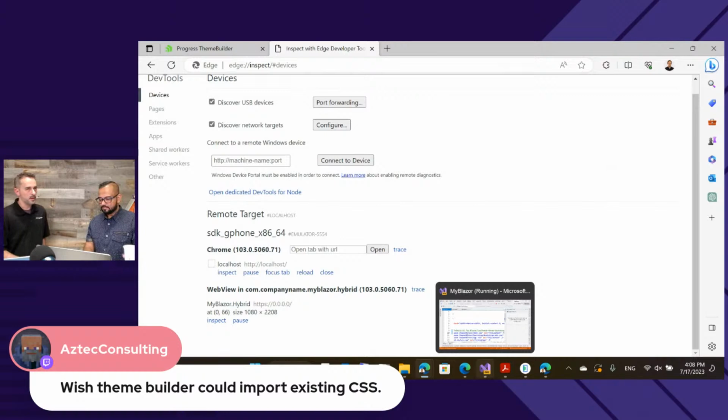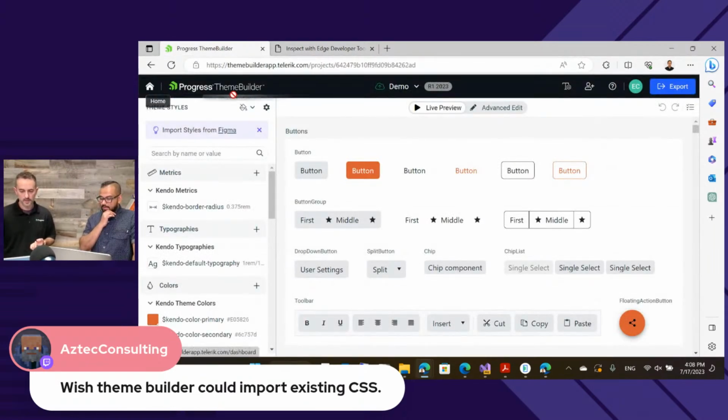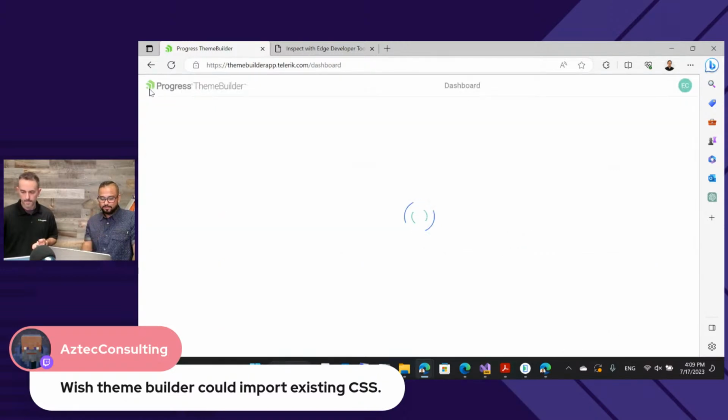But we did support it in the past. So there's 2 versions of Theme Builder. There's a brand new version, like Theme Builder 2.0 almost, the one that you're seeing now that has the pro version that you can upgrade to. There was a legacy Theme Builder, which recently got sunset. That one had a metadata that it would build and let you import. Maybe it's in the coming new version. Because we actually have some of our engineers with us here, we'll take this feedback to them. I don't know if you can still import the legacy ones. The normal workflow, though, for most designers is going to be Figma.